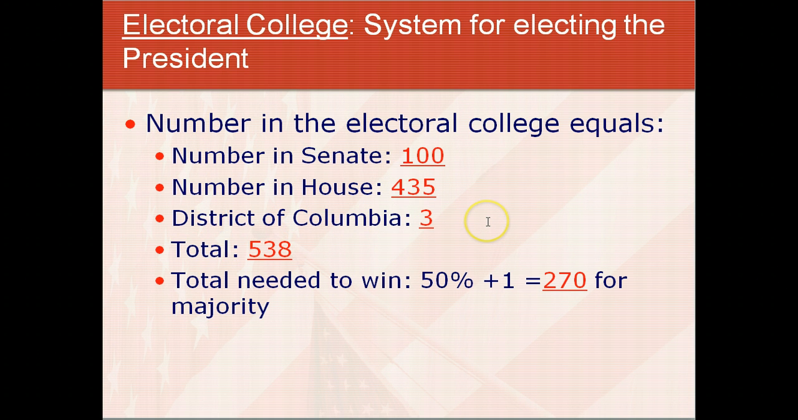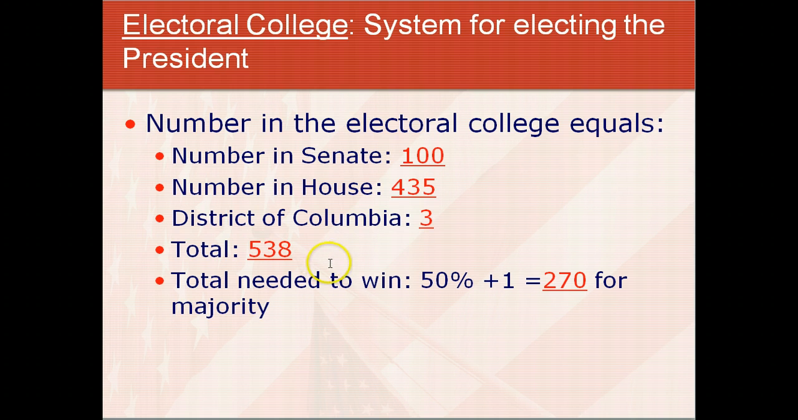And then we have the Electoral College for electing our president. So here's some facts about that. The number of votes in the Electoral College equals the number in the Senate, which is 100, plus the number in the House, which is 435, plus the District of Columbia, which is 3 from the 23rd Amendment, which totals